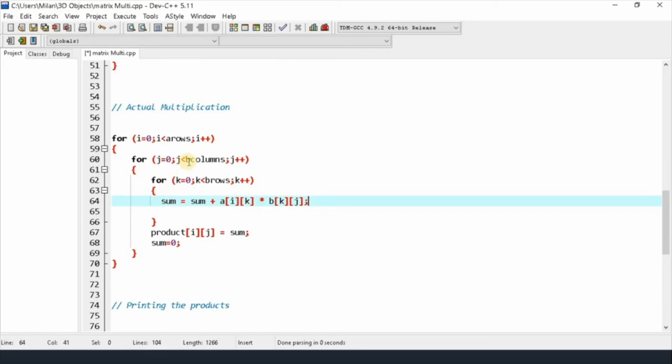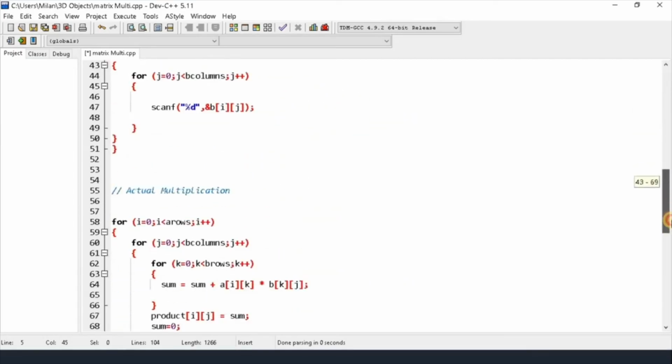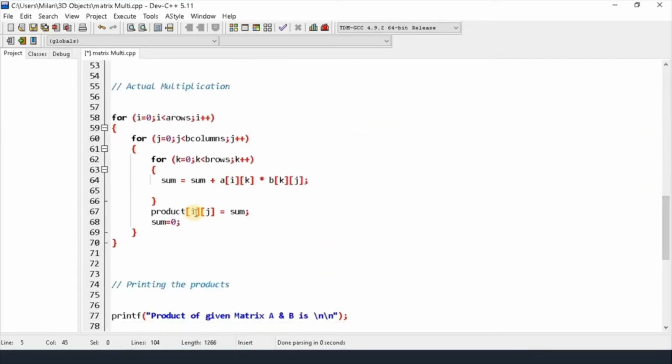ओके, अब त्यस पछाडि K को लुप फेरि स्टार्ट हुन्छ र K को लुप भ्याइसकेपछि फेरि J मा जान्छ र J को लुपबाट फेरि I मा जान्छ, राइट। सो यसरी चाहिँ अब म्याट्रिक्स मल्टिप्लिकेसन हुन्छ। म्याट्रिक्स मल्टिप्लिकेसन भइसकेपछि अब हामीले के गर्नुपर्छ भन्दा त्यो आएको रिजल्टलाई अब प्रडक्ट[i][j] मा लगेर स्टोर गर्नुपर्ने हुन्छ। र मैले प्रडक्ट[i][j] लाई अलरेडी माथि डिक्लेयर गरिसकेको छु। सो प्रडक्ट[i][j] मा सम इक्वाल टु गरिदिएको छु।